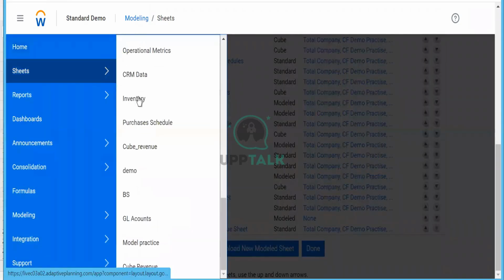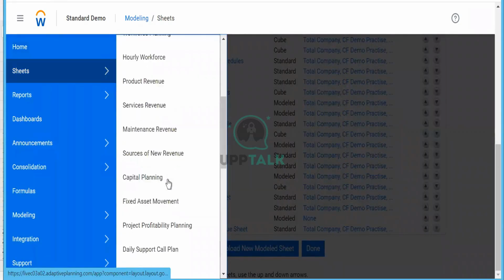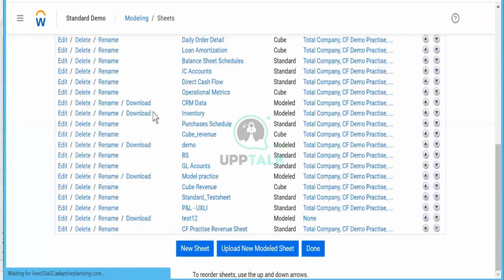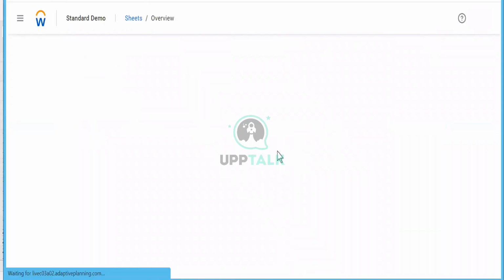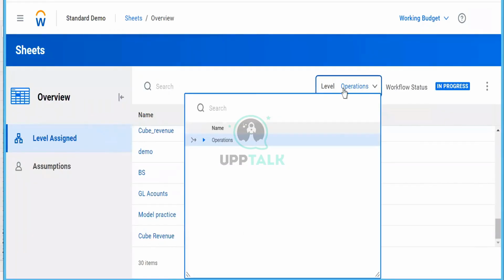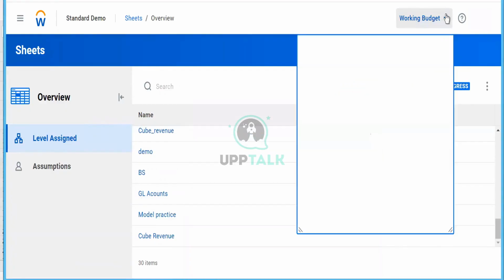Sheets is not visible. Let's click on overview. If you don't see anything, click on overview and try to notice what the problem is. In overview, all the sheets are reflected. It's not applicable, because of this it was throwing an error. We have not created in operations. I think by default something is happening. It's only using it because of this version.